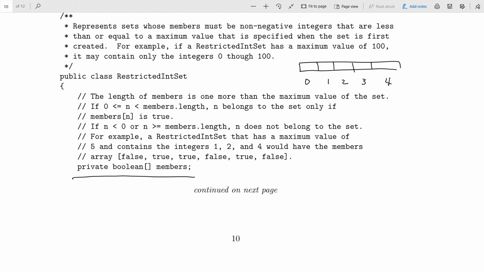How can storing trues and falses into an array represent a set of integers? Here's an example. What's the trick? Yeah. You can just say, if it's true, then that means it's in the set. If it's false, it's not. Right.